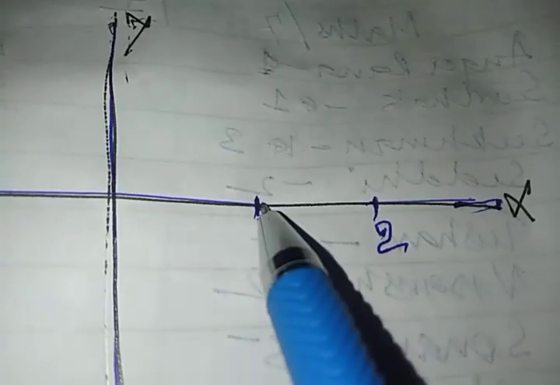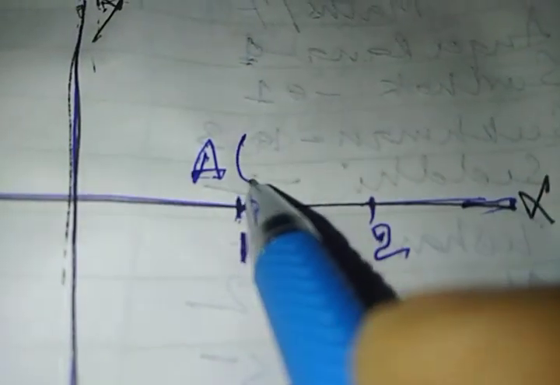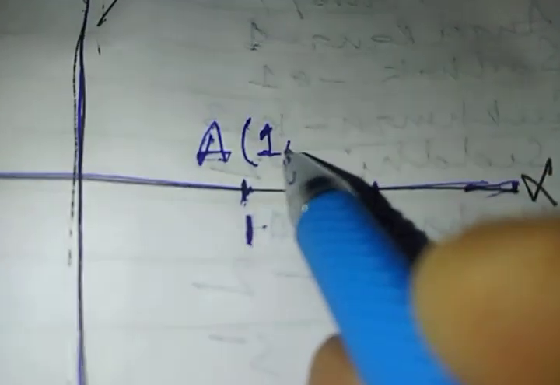Okay, so few things were left. Let us discuss them first. Suppose this is the x-axis and the y-axis is here. If I locate a point here, let's say this is 1 and this is 2, and we want to know the ordered pair of point A on the axis, then A will be the point (1, 0).